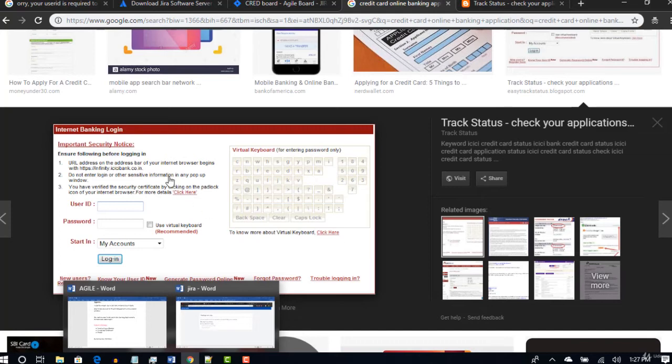So where is our screen? Yeah, this is our screen. Let me create a user story to enter username, password, and the start in drop down. For these three components, let's have one user story, so that the developer creates it and the tester tests it. Once they are successfully present, then that user story will be closed. We will do all that in a flow.